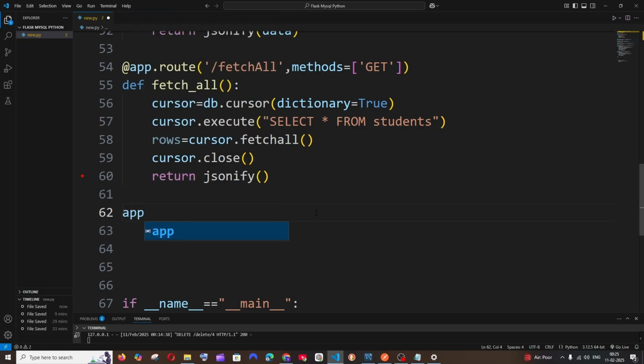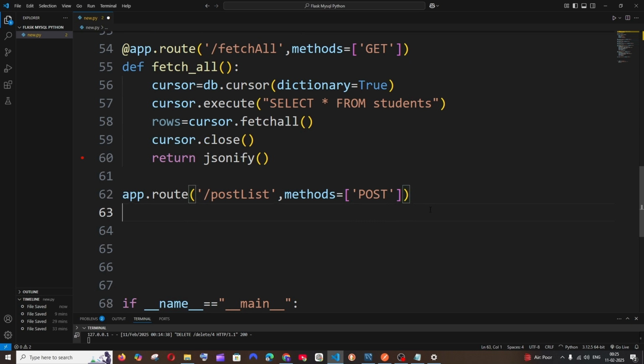So it's going to be app dot route. Here we are defining our path. Let me have it as post list, and methods is equal to post, because we're just going to perform a simple post operation. We're just going to loop the entire list, and we are going to perform the post operation. It's going to be post, and just come to the next line. It's going to be the function name, and let's just have it as post underscore list,